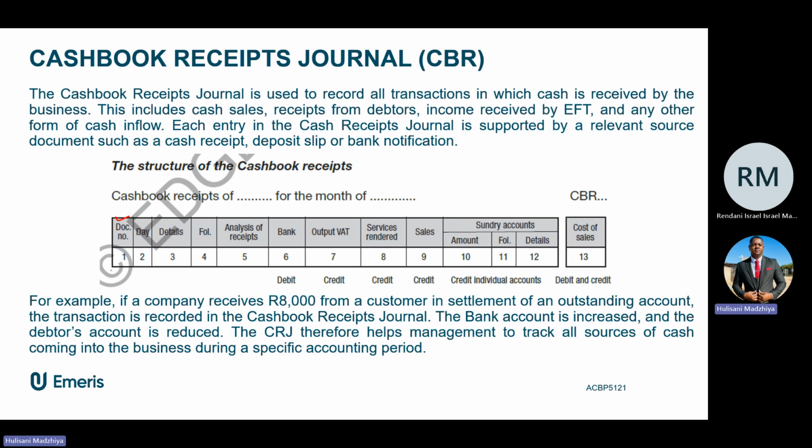If the transaction you record is from the cash register roll, you will just write CRR. The day you write will be the day of the month. Since this cash book receipt is for June, we only write the day. We don't have to write the month because CBR 6, CBR